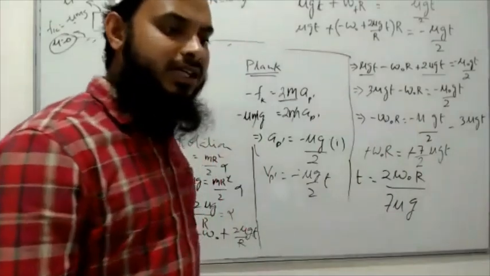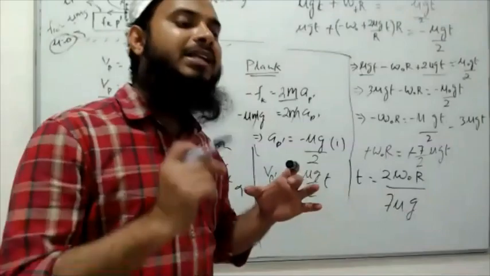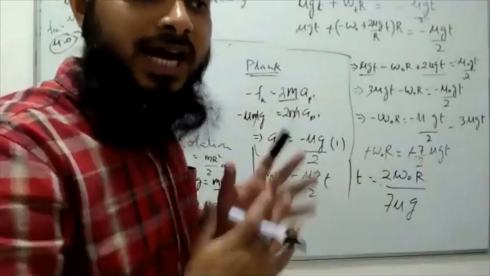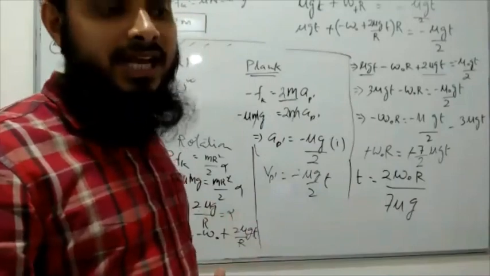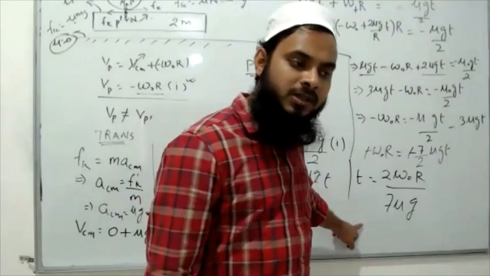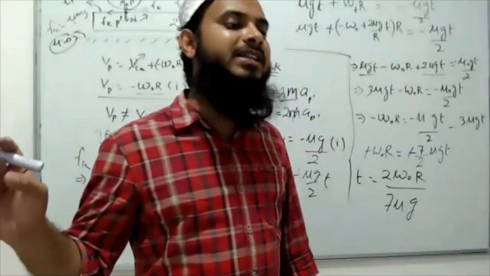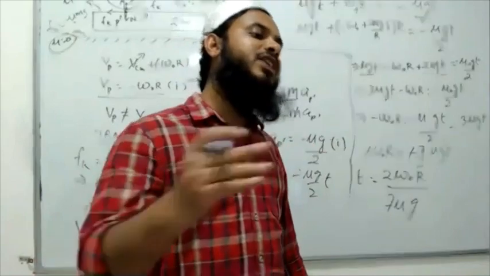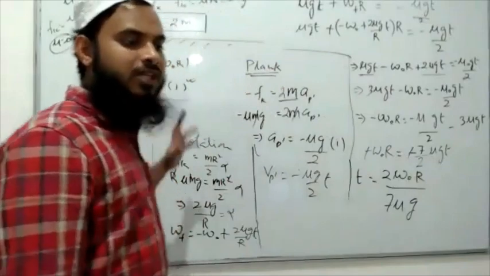This is the value of the time when the velocity of the point of the disk and the velocity of the point of the plank which comes in contact will become equal. Then we can say that after this time the slipping stops, and as the slipping stops, it means the kinetic friction has achieved its goal. So after achieving the goal, the kinetic friction will leave its place. This is the way how to solve this problem.